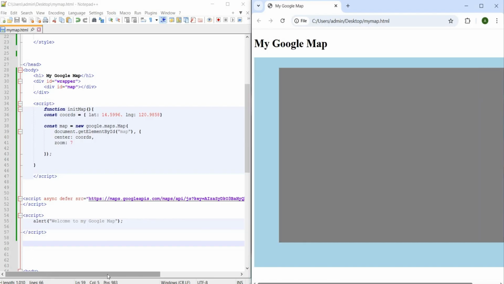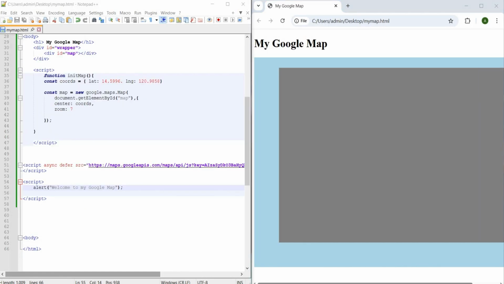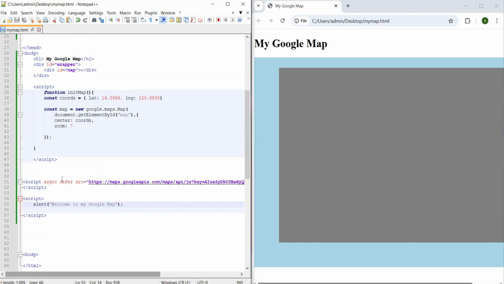So let's do another debugging. What is the problem here? Oh, I see. There's a wrong code here. So instead, a period, and save.